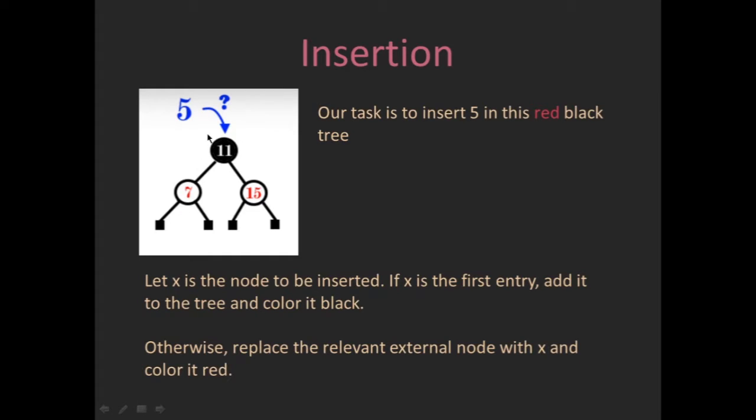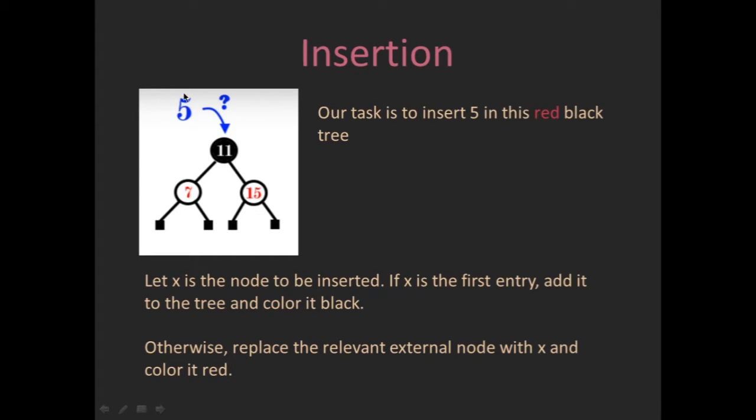So insertion. Let us take this red-black tree and let us say that our task is to insert a node with data 5 into this red-black tree. So let us consider a node X with the data of 5 to be inserted over here. Now, according to the first rule, if the tree is empty, that is, the tree is not yet formed, it is null, then make this node X black and push it to the tree. So if there is just a tree with a black node, then that is the root node and it follows all the properties of a red-black tree.